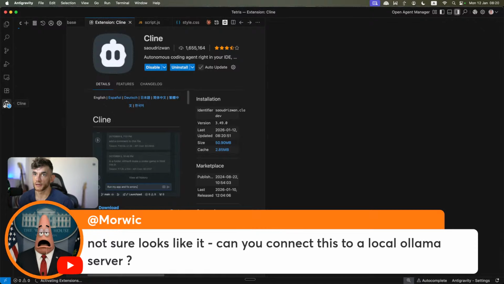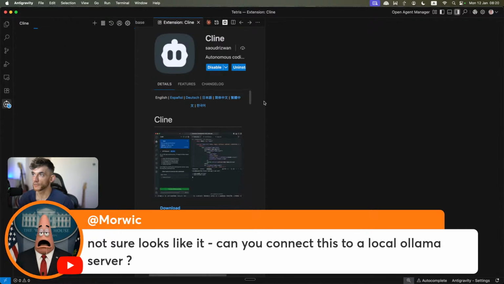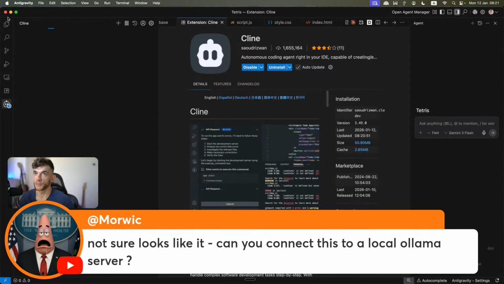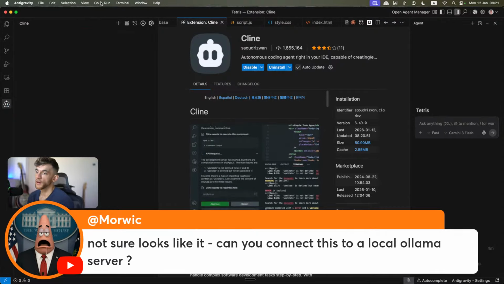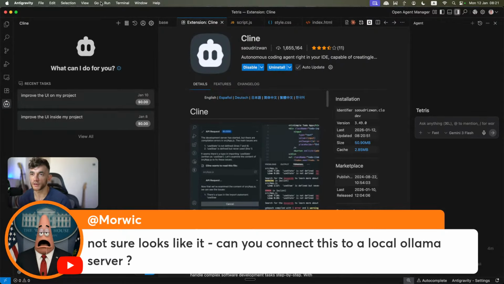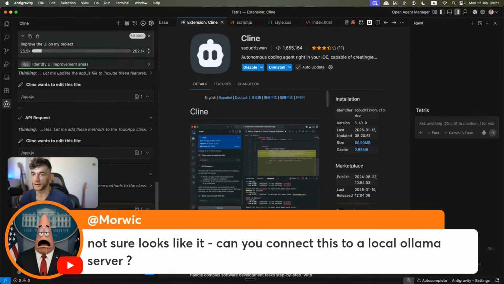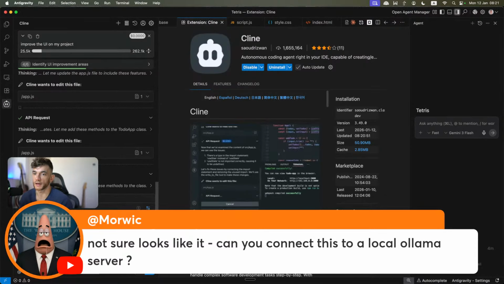Then it's going to show Cline in the bottom left here, right? Like you can see. Now with Cline, if you just resize the chats here, this is going to open up Cline, which is kind of like another extension you can use inside your IDEs, right? But you can use extra free APIs inside here. So if you want to use, for example, a local